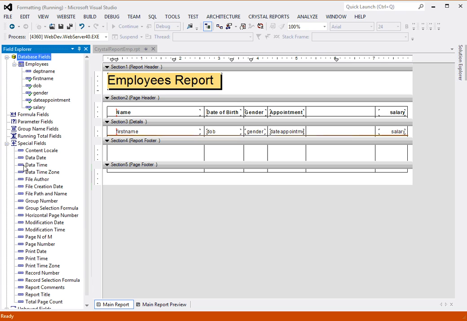So expand it, and you see there are many special fields and they are very useful. So I'll select the print date, drag it and drop it here somewhere, and the time as well, and just align them